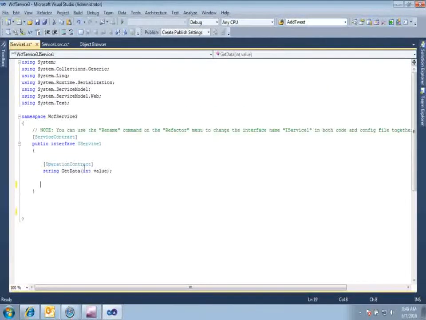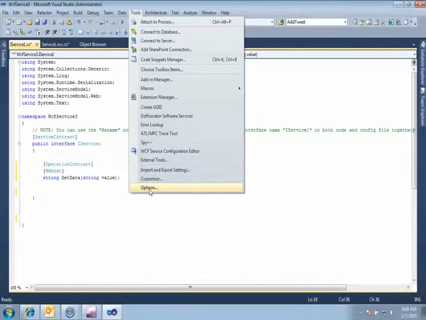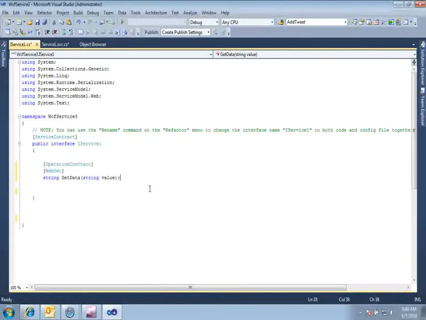Now what you need to do is that I have a string GetData. It would be taking an integer value. As you know, in a REST service we cannot pass an input parameter of any type other than a string. So I'm going to modify it as a string. Fine, it will be returning a string to us. Now we need to construct this using WebGet. Fine. Let me increase the size of the font for you so that you'll have a better view of that.